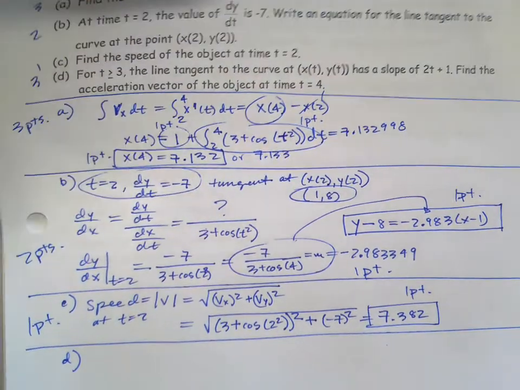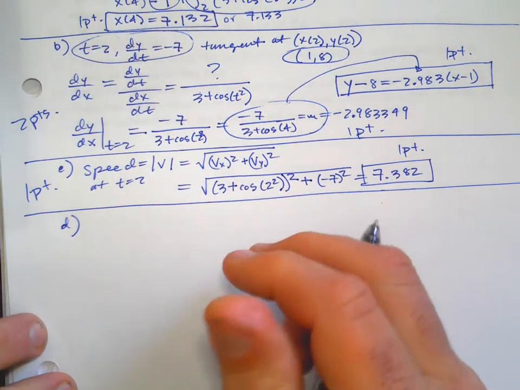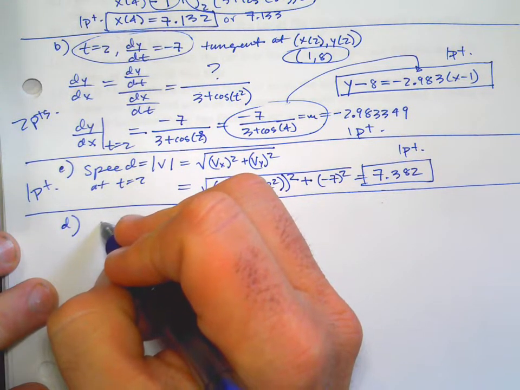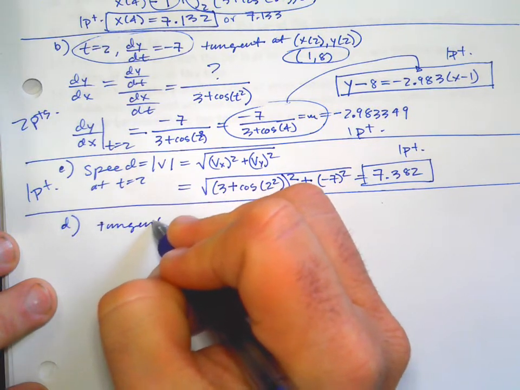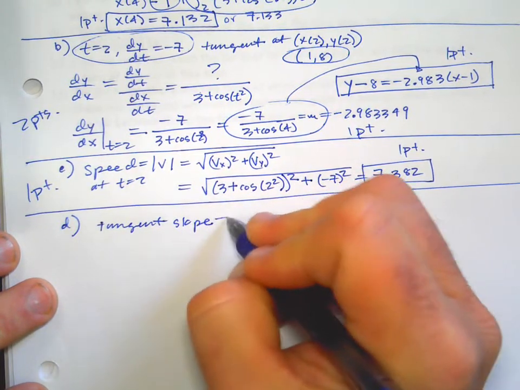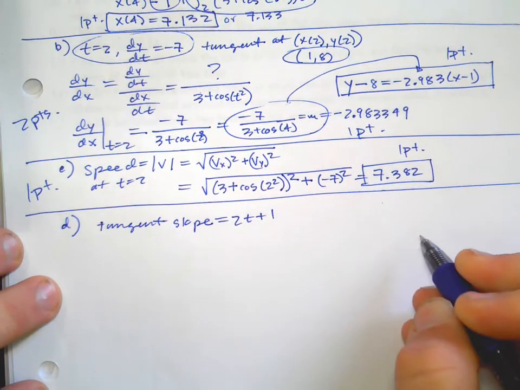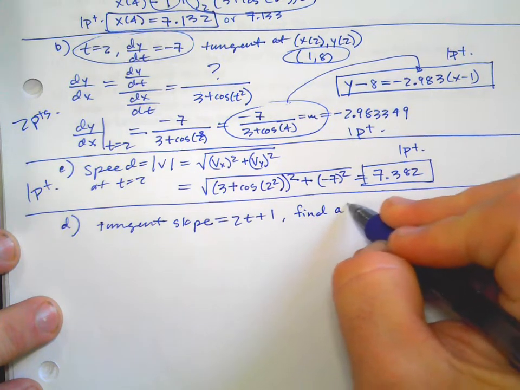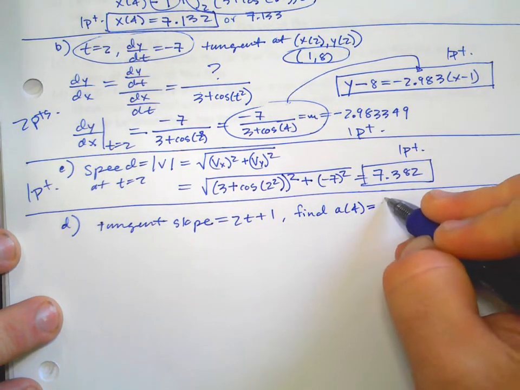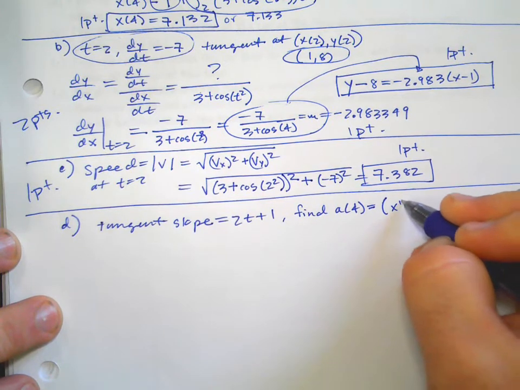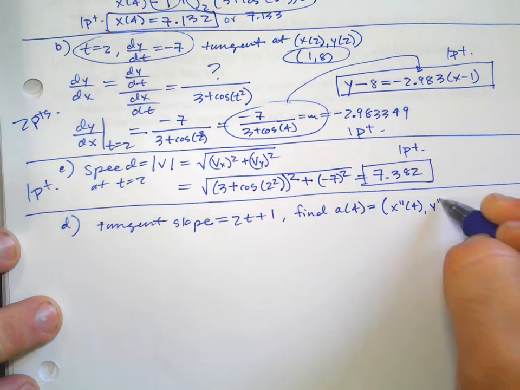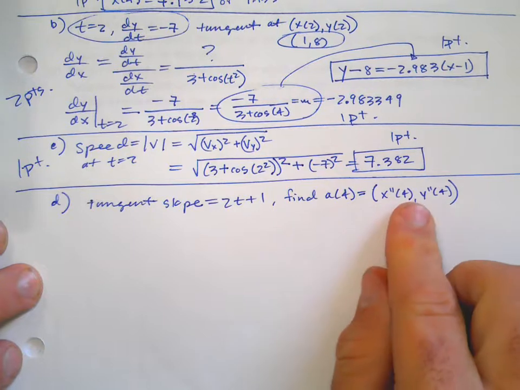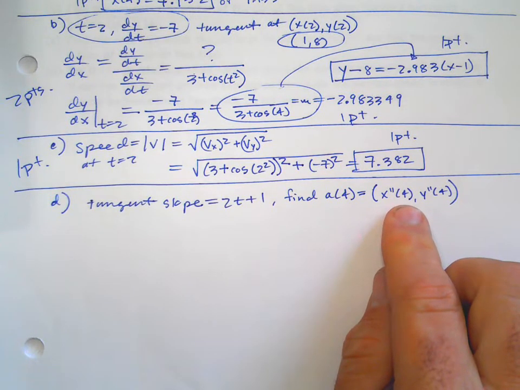D says for time greater than or equal to 3, the line tangent to the curve has a slope. So they're telling you tangent line slope is 2t plus 1. Find the acceleration vector of the object at 4, which is going to be x double prime at 4, y double prime at 4. Okay, so why didn't they give us this? Like x double prime 4, I think we can get that because we can just take the second derivative. Like we know,